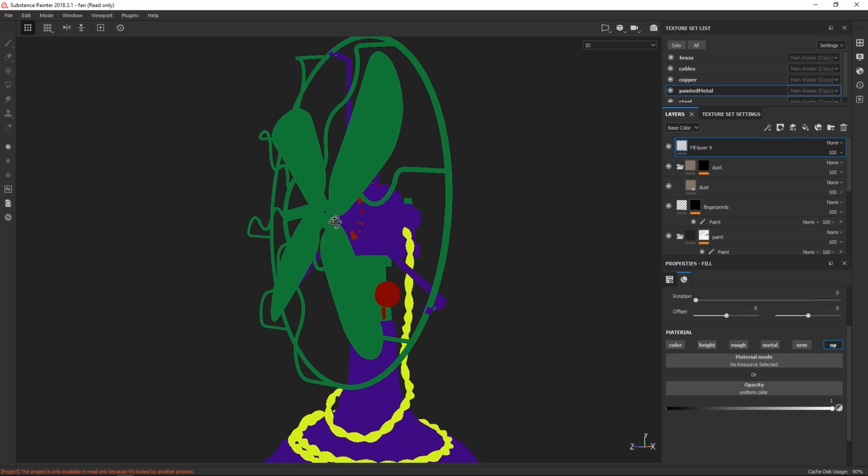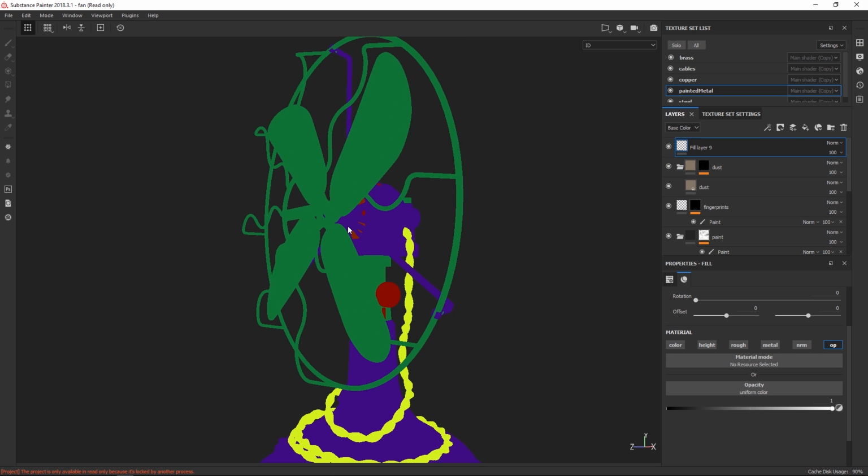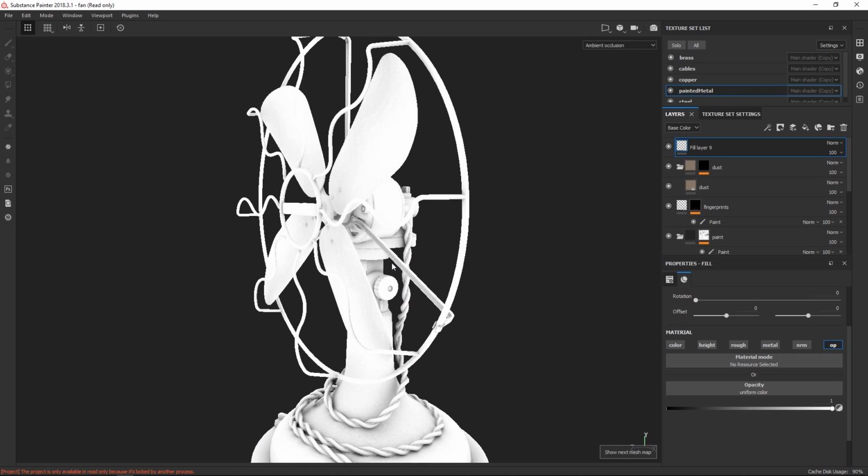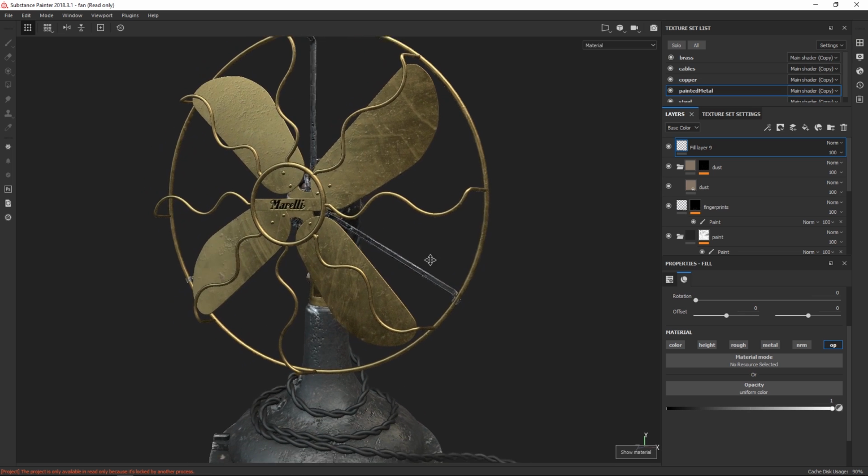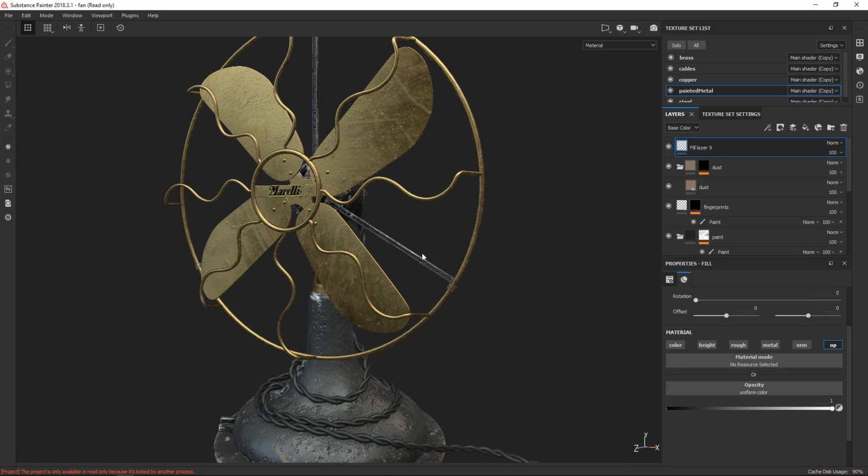It's kind of like having selection sets in 3D, yeah, exactly. Where, you know, you just select one part, boop, then you have selected everything. Yeah, it's very handy for masking stuff really quickly. Yeah. So I think that's it for all the maps right now. There are of course a bunch of different maps we haven't covered, which are way more specialized. But these maps here are some of the general ones.